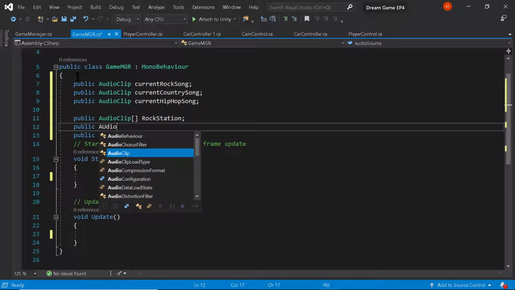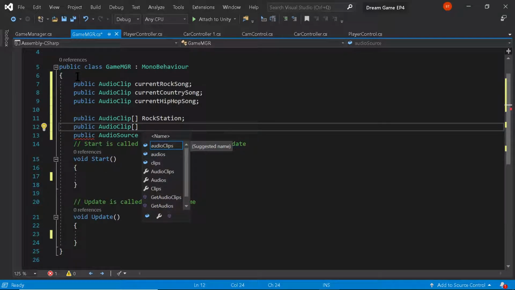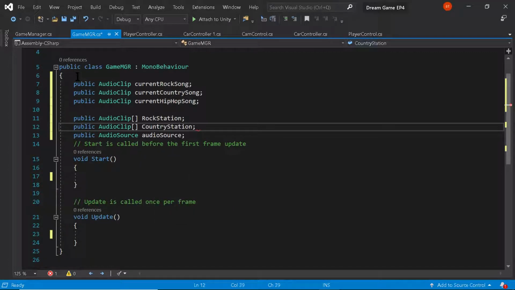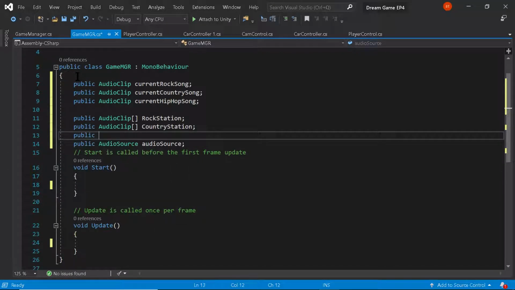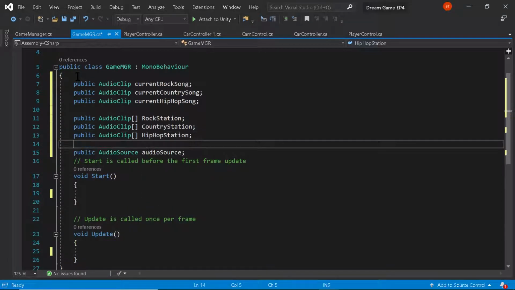I think I'm going to just focus on one station for this, and then you can copy it, kind of put it in your head how it works, and call it countryStation, and we'll make another one that's an audio clip. Call this hipHopStation, or technoStation, or however many stations you want to have. Talk shows, or